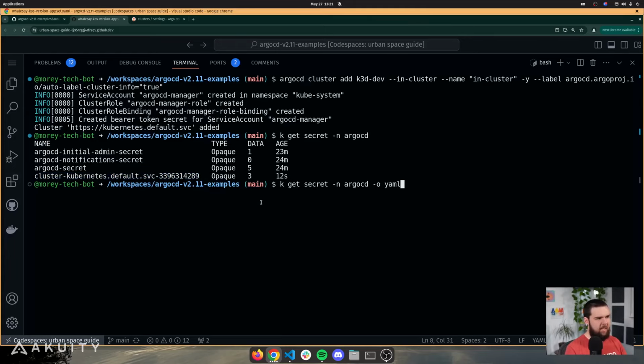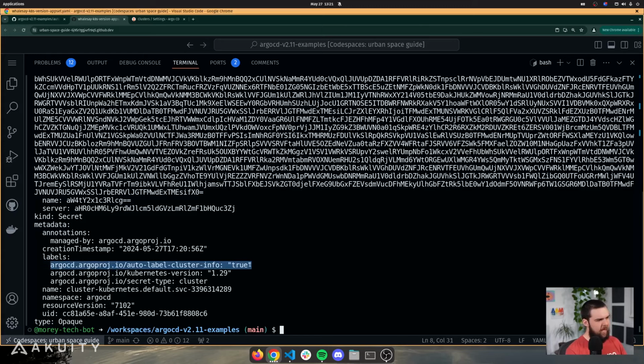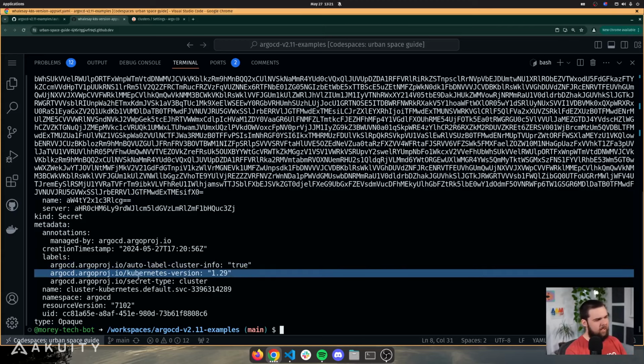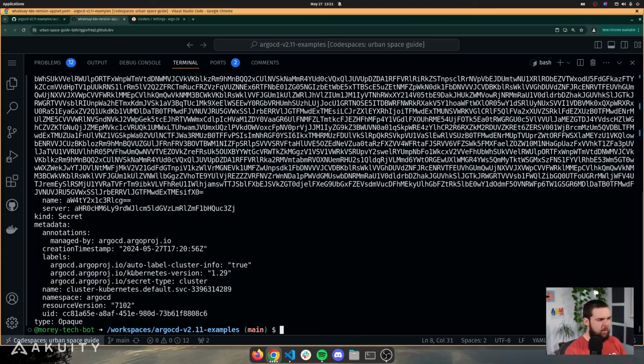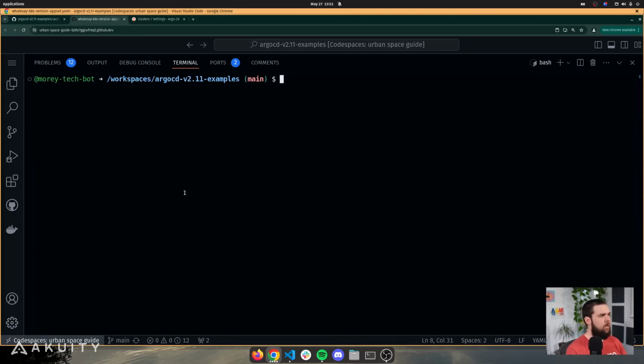And if we look at that secret, you'll see that there's the annotation that I added when I ran that Argo CD command, as well as the Argo CD controller has added the Kubernetes version of this cluster as a label to the cluster secret. So now that that cluster secret has that label and is present in the cluster,